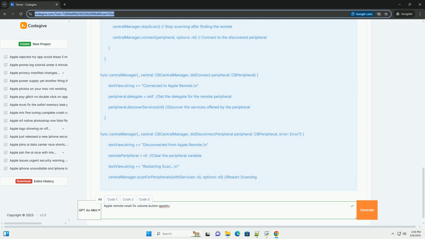Code example: macOS application for Apple remote diagnostics, Swift. This example provides a basic macOS application in Swift that can help you detect when a Siri remote sends signals. It doesn't directly fix the volume control issue, but it can help determine if the remote itself is functioning correctly and sending events to your Mac. If your Mac can receive remote signals, but your Apple TV can't, it strongly suggests a problem with the Apple TV itself. Important considerations: